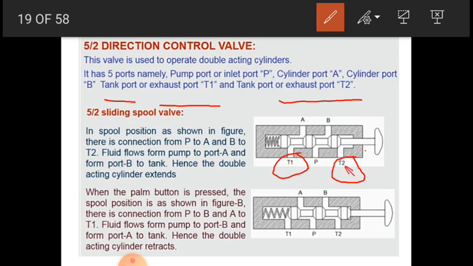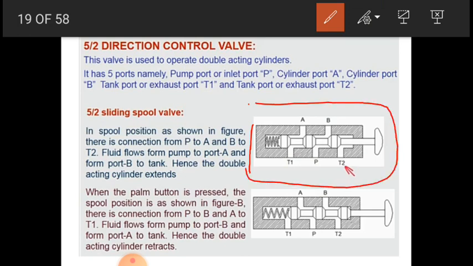Now this image shows a sliding type 5 by 2 spool valve.